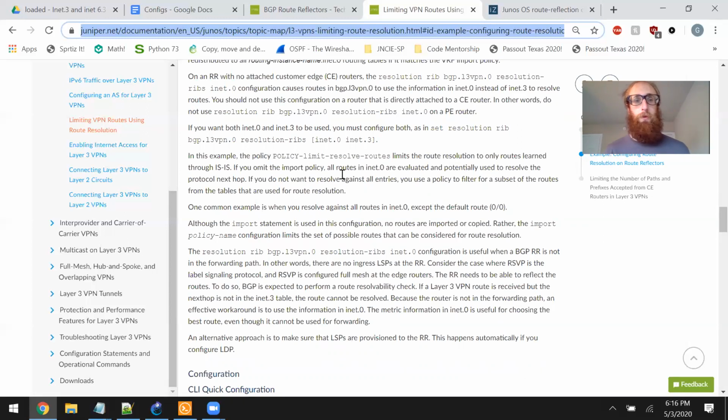Although the import statement is used in this configuration, no routes are imported or copied. Rather, the import policy name configuration limits the set of possible routes that can be considered for route resolution. The resolution rib